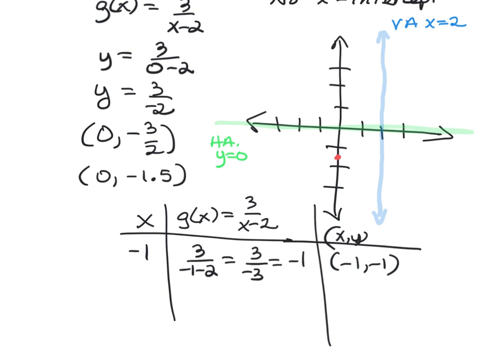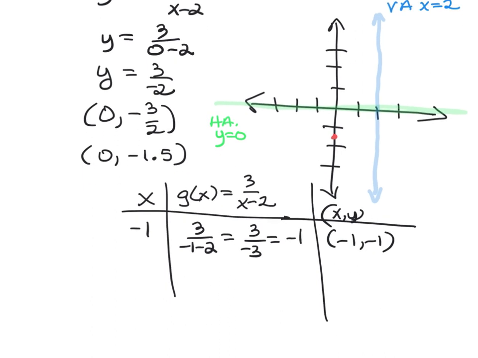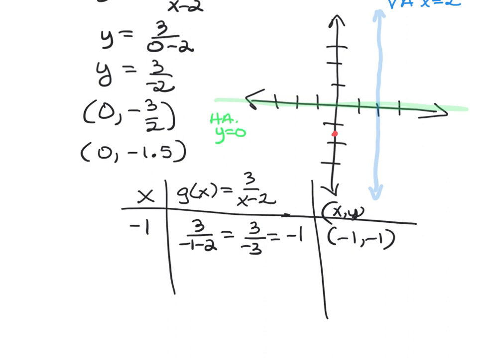Let me get another point that's going to be to the left of that blue line. So let me plug in positive 1. Again, you can pick whatever you want. If you want to plug in negative 10 or negative 5, that's up to you, or even a fraction. So these are the two numbers I've plugged in so far. So 3 over negative 1 minus 2 gives me 3 over negative 3, which gives me negative 1. So 1, negative 1 is my